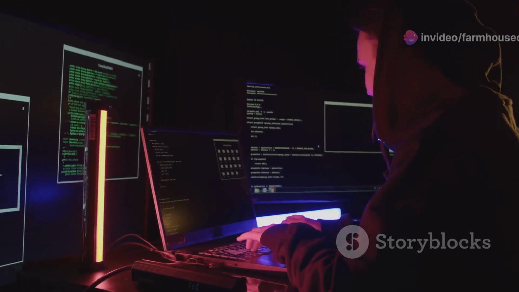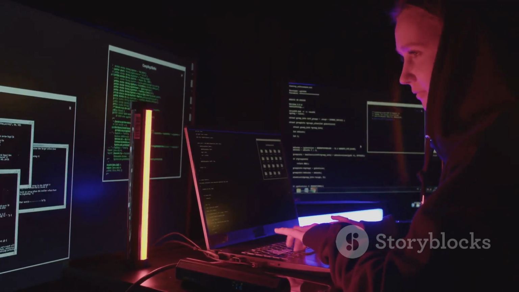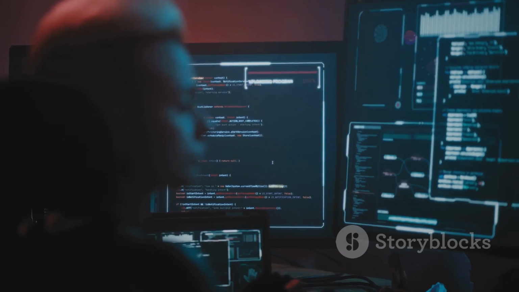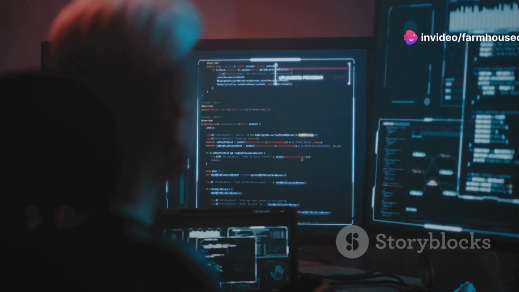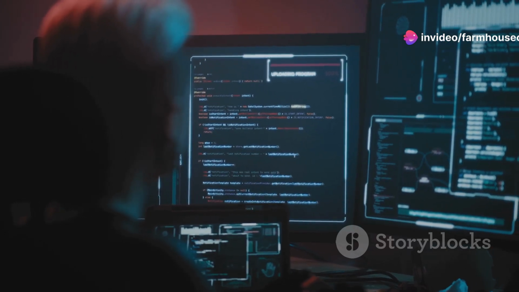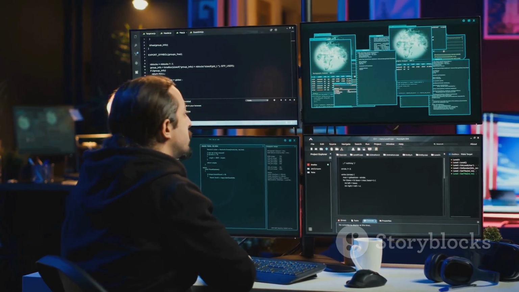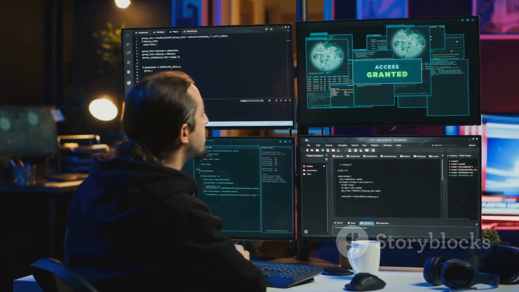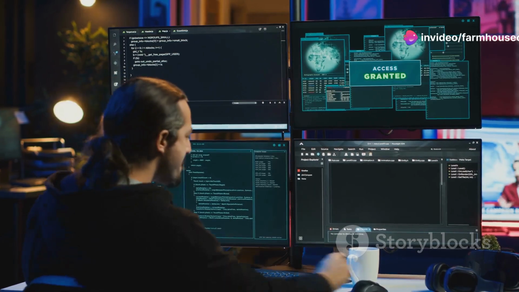Python, with its versatility and powerful libraries, has become a go-to language for ethical hackers. It provides the tools needed to automate tasks, scan for vulnerabilities, and simulate attacks to assess the security posture of systems. Let's explore 3 prominent Python libraries that are widely used in the realm of ethical hacking: Nmap, Paramiko, and PyCrypto.